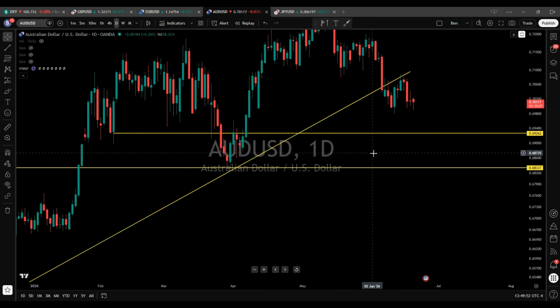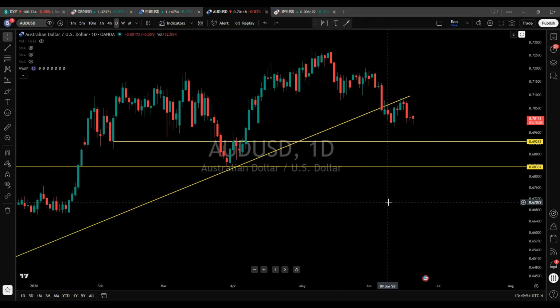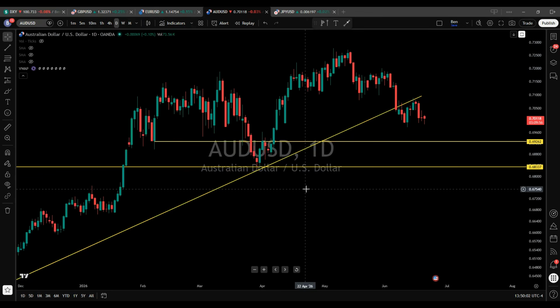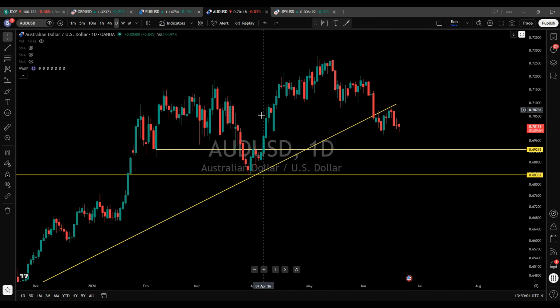Australian dollar. Here's what I'm seeing on the AUD. Nice rounded top right here. Finally recaptured the all-time high, creating another rounded top. This is a little bit premature, but it could be forming a potential head and shoulders pattern. What I would like to see with the Australian dollar is it get down to 0.69262. If it gets into that level, that is a support zone on AUD, all the way down to